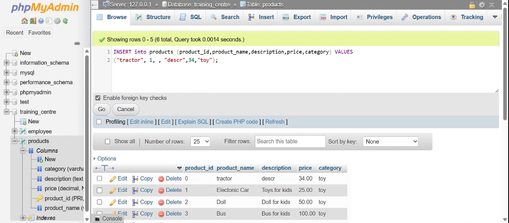Okay. So you need to match the order of values with the column order. You need to match their data type. You need to match the number of the columns and the number of values as well. Number of values means into one record. This is considered as one row. This is one row, and these are the columns, right? So you also need to match the insertion order. Okay, so